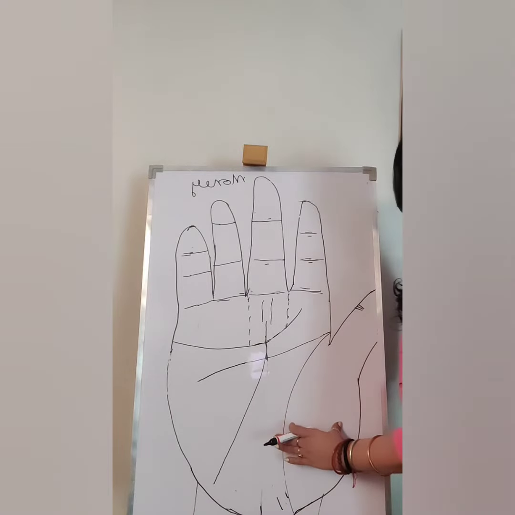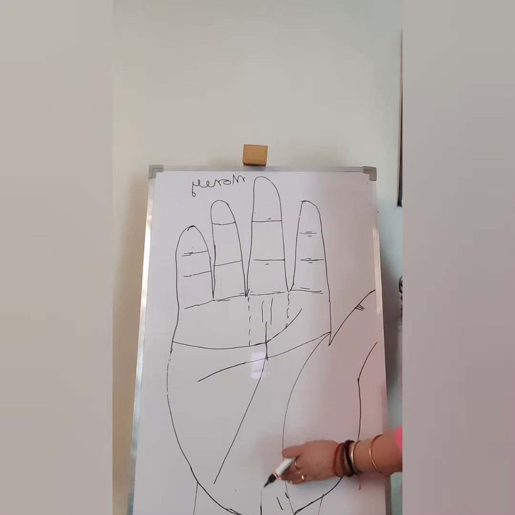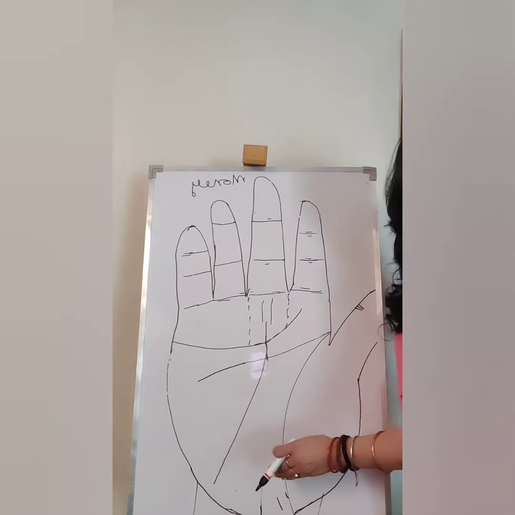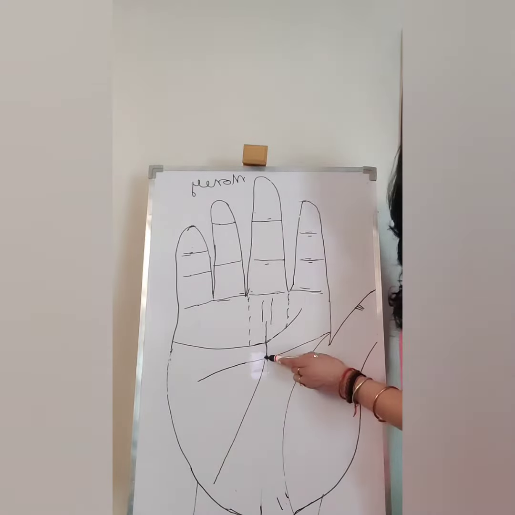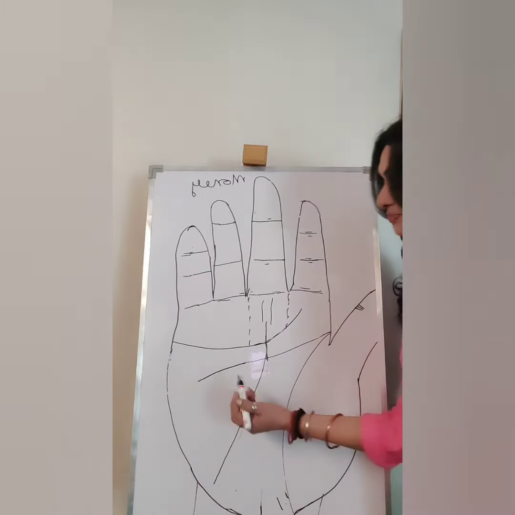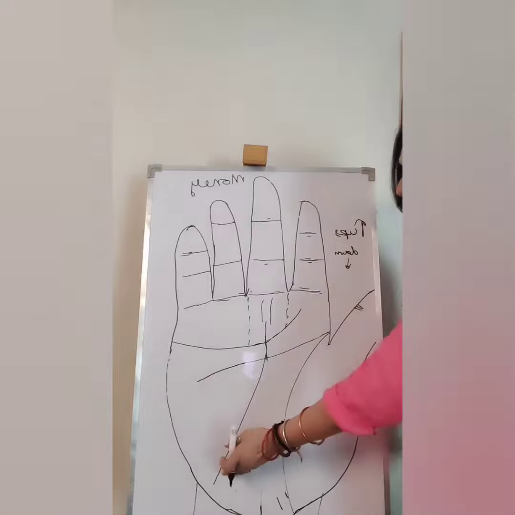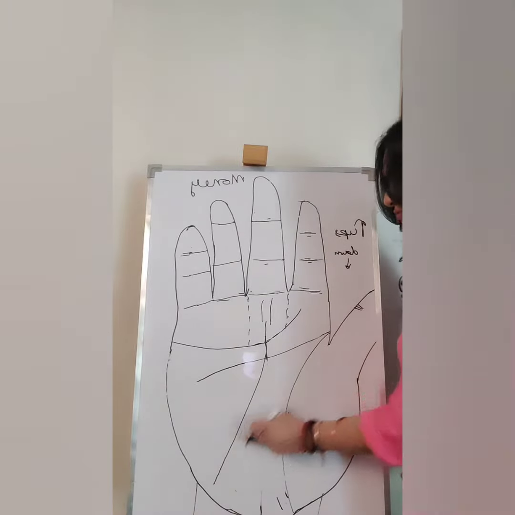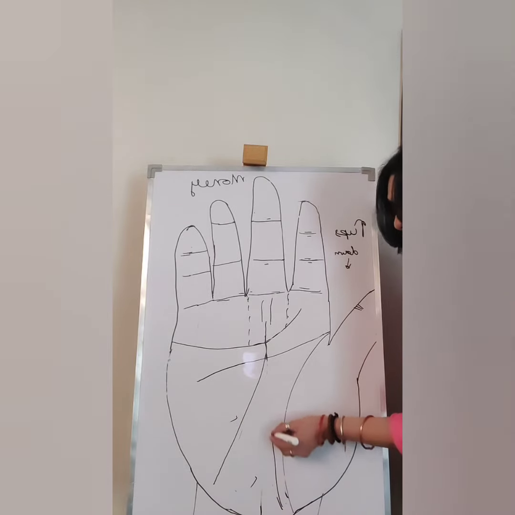If it is closer to this semicircle, this means family duties and responsibilities are more on you. You're not able to function better. And if it is from this line, this means that you will be a self-made man. Although there will be ups and downs in your life, you will be successful all the same. This is one of the best lines also. This is good, but this is also good.